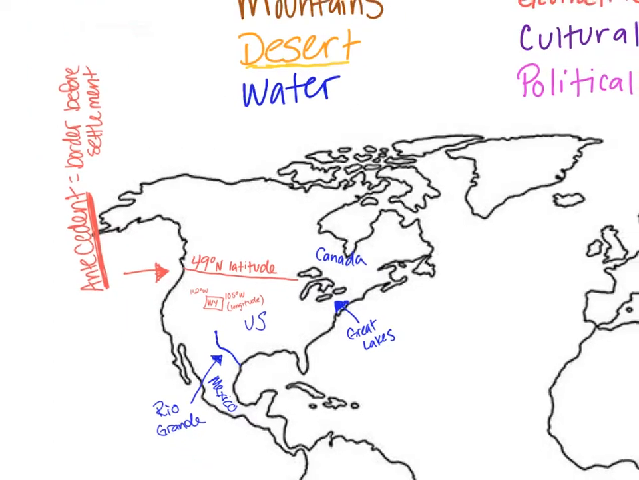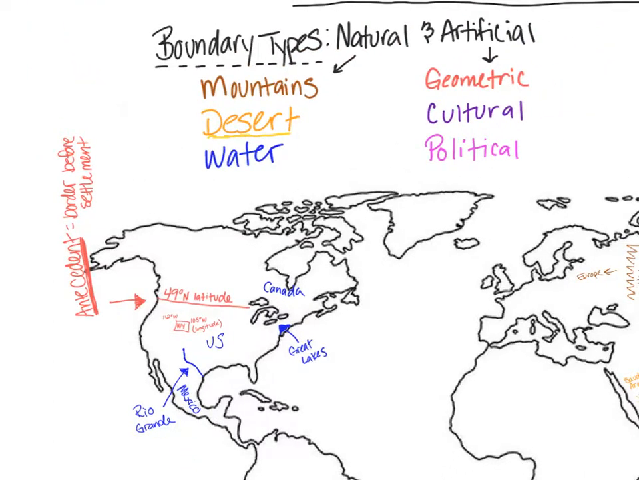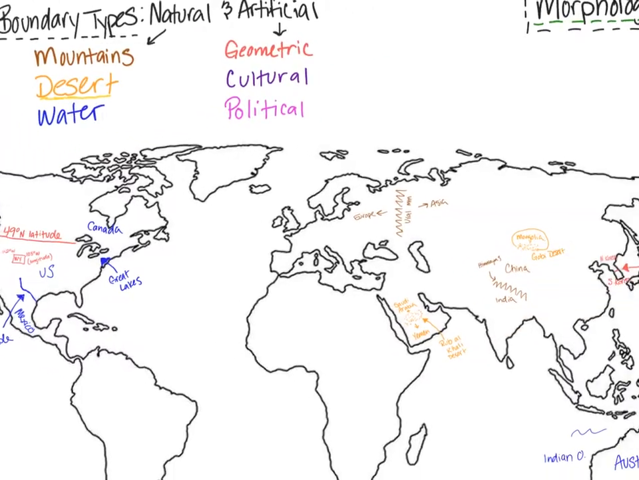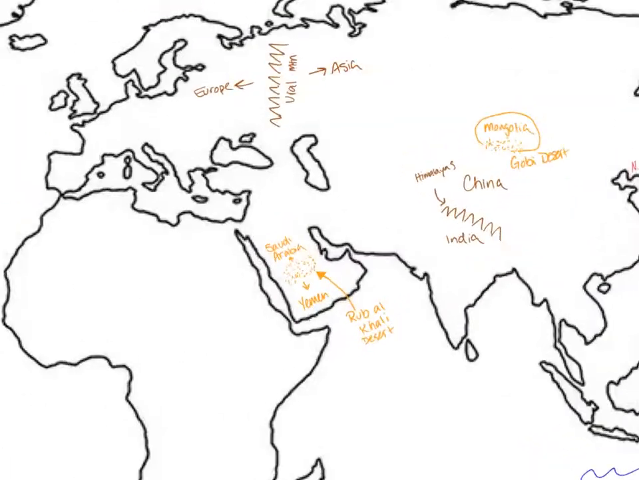All right, that is it for geometric. Let's get our next color. Next color is whatever for you, but we're going to be talking about cultural. Okay, so our biggest cultural border that we have is going to be over here in